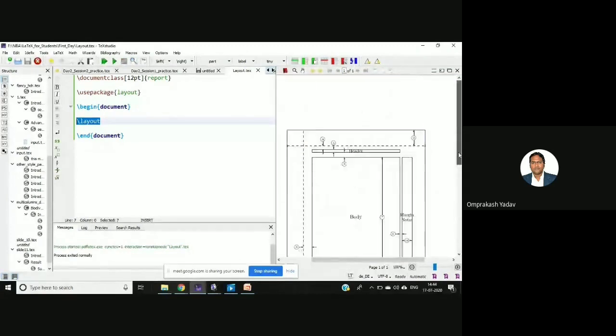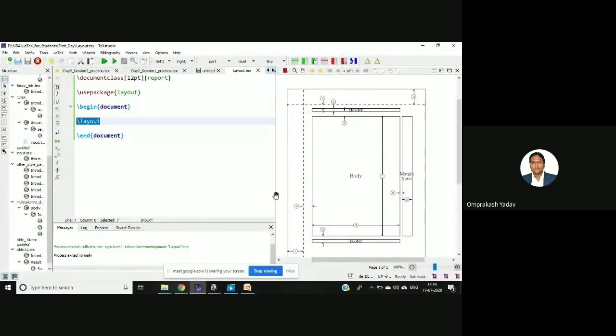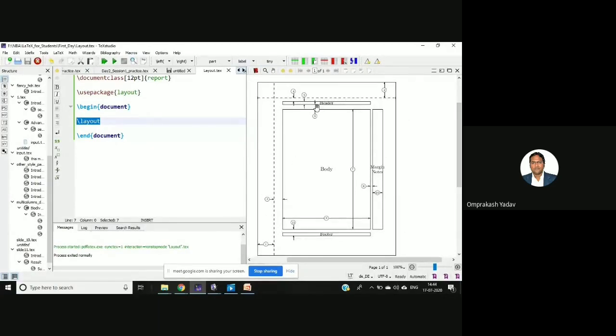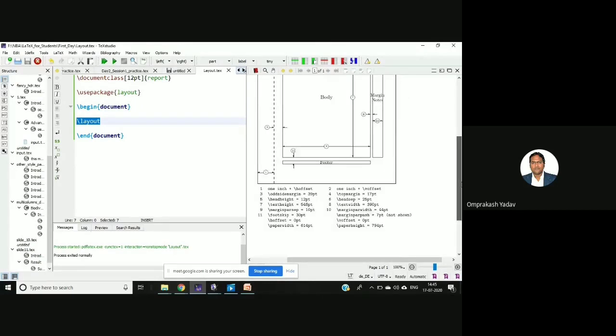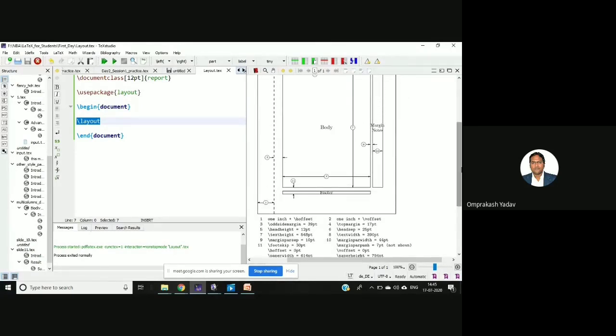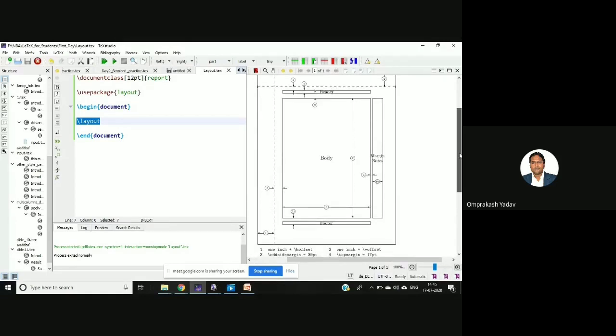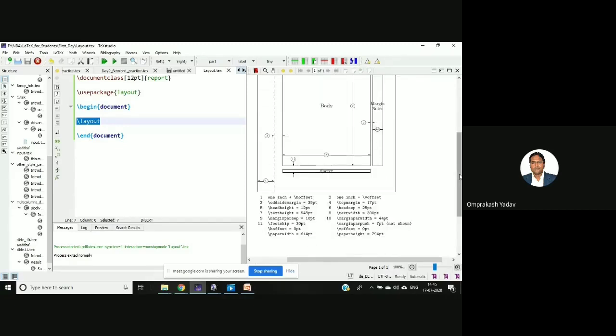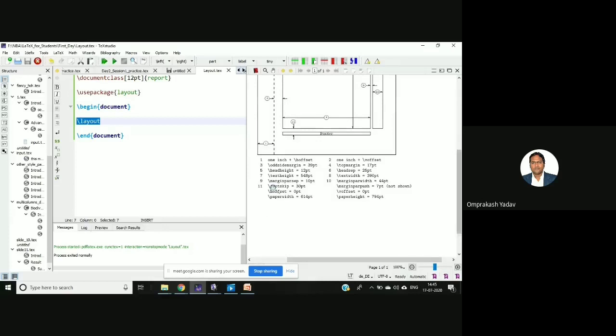Okay. If you see here, okay, I don't require this. Can you see this? It's very small, but what I want to say is this will basically display the basic structure of the report, how it will look on your A4 paper. Okay, so it will display that. And if you see here below, it will also mention the margins.